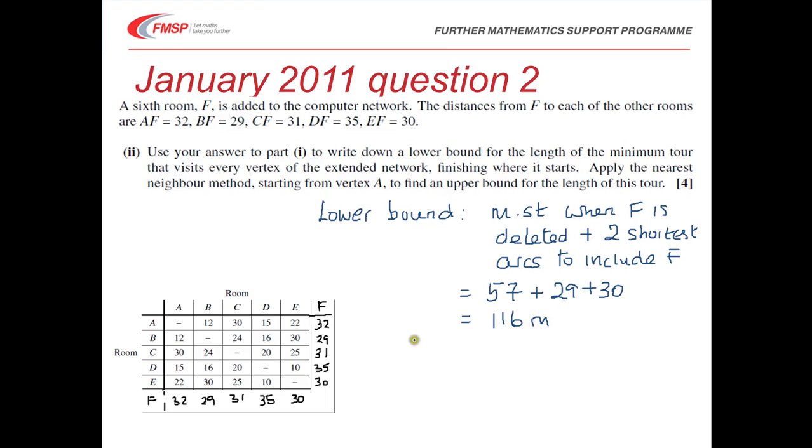We then need to find an upper bound. Now the upper bound is found, as it says, by the nearest neighbour algorithm. So to get the nearest neighbour algorithm starting from A, slightly different from Prim and probably slightly easier, but we just need to be careful. We're looking for the smallest place that we can go to, so that is definitely going to be the 12. So we're going to go from A to B,